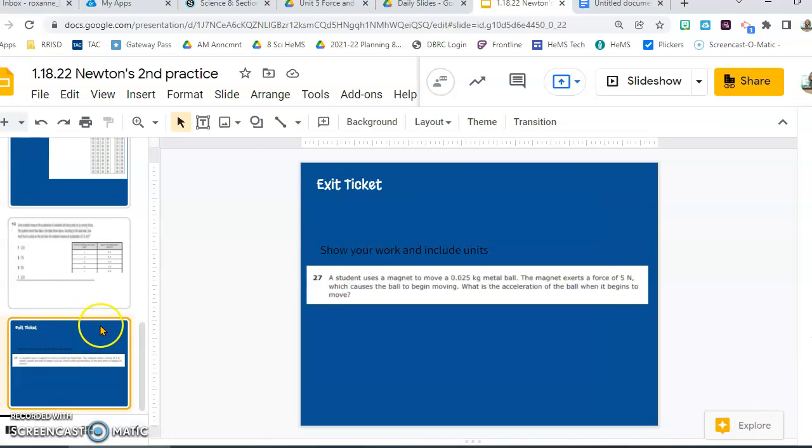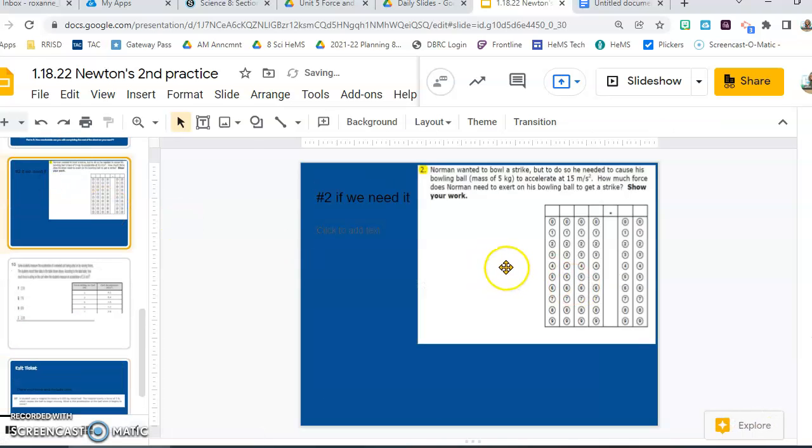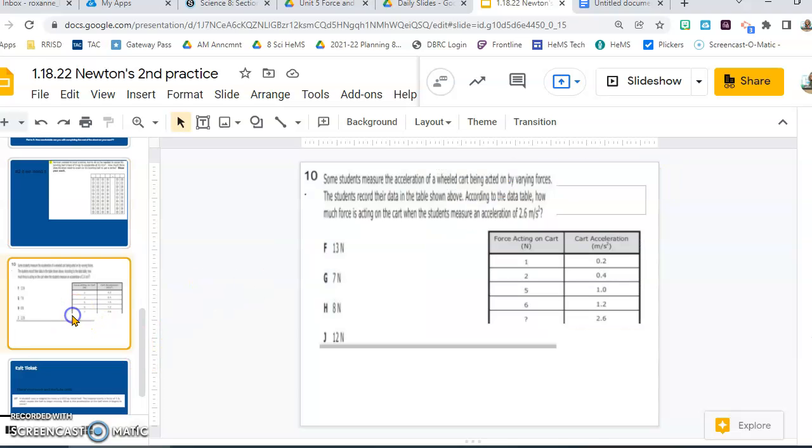And then lastly, we have this one here. It says Norman wanted to bowl a strike, but to do so, he caused his bowling ball, 5 kilograms, to accelerate. So I have mass and I have acceleration. So you need to multiply those again. On this one, you're going to have to take the force and divide it by the acceleration and figure out how much force is acting on a cart when the student measured an acceleration of, so first of all,